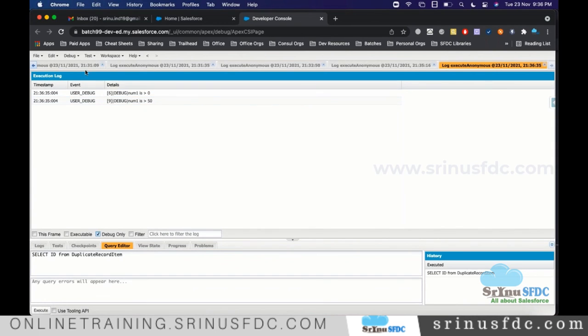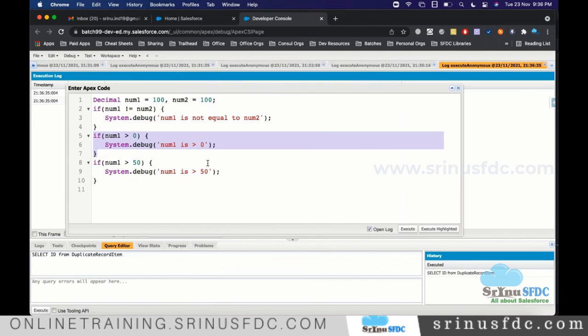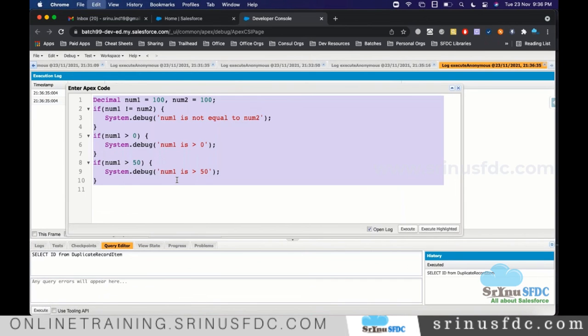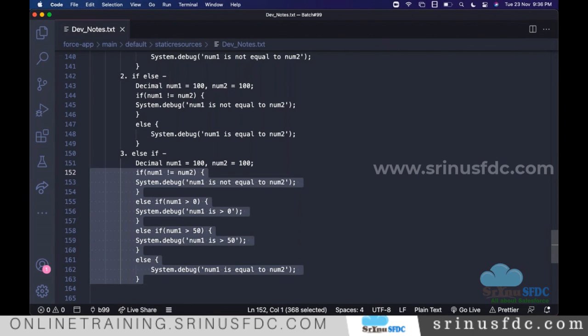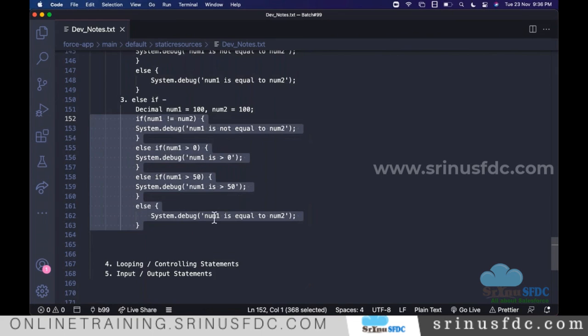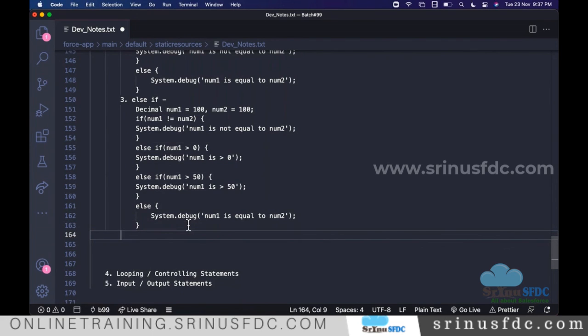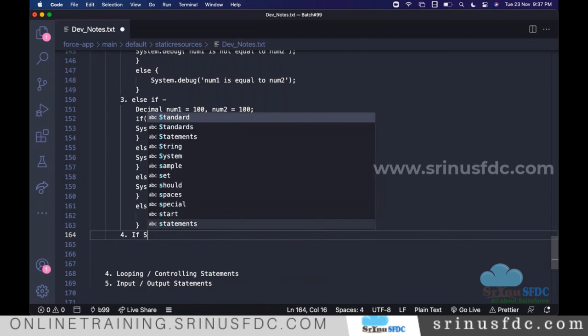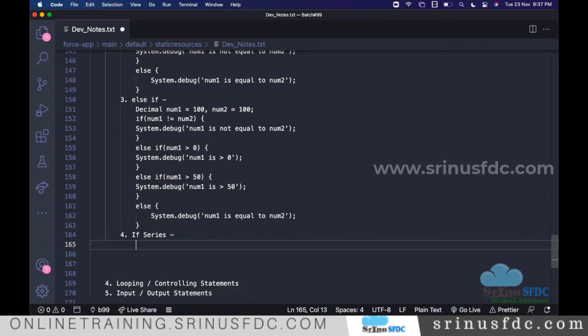You see both are executed. As a developer, once we know these basics and see the requirement, we'll know which will be suitable for our requirement.